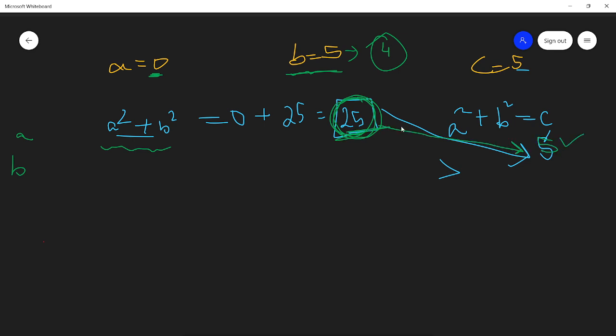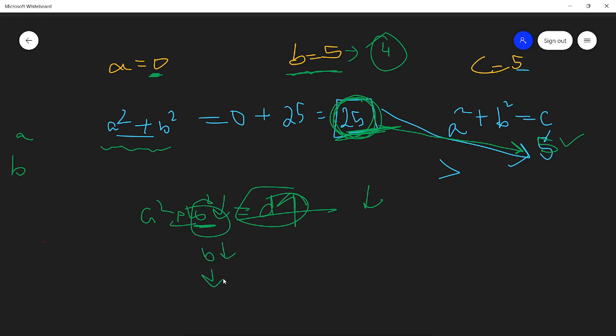So a square plus b square is equal to some, let's say d. If this is way higher and we want to reduce it, we can just reduce the number which is here because we are adding. If b is reduced, its square will be reduced, and then the sum of a square plus b square will be reduced. I hope you got it.